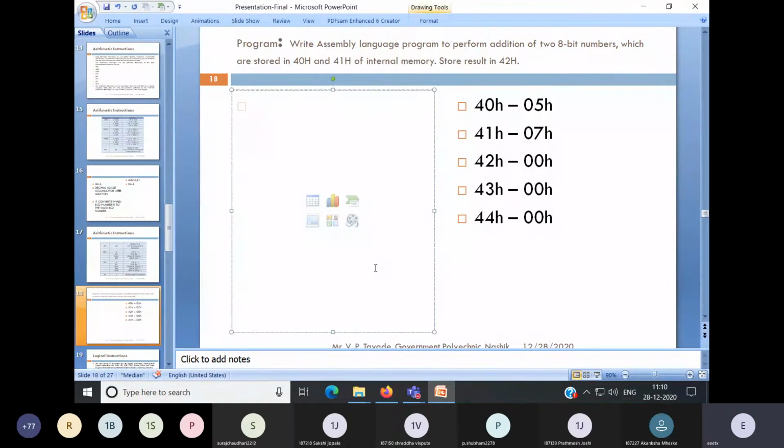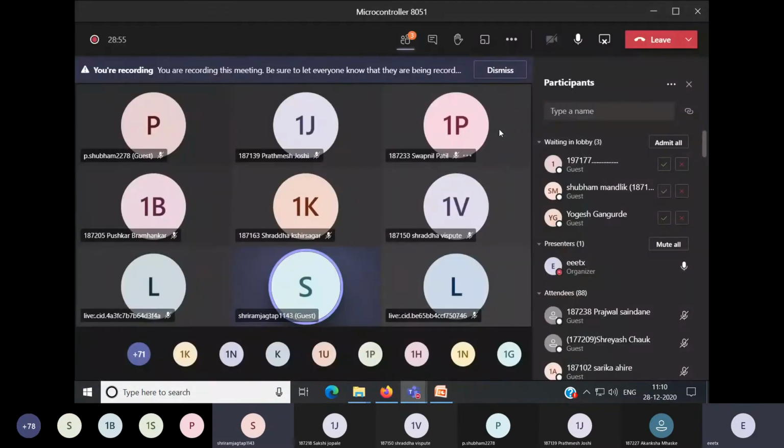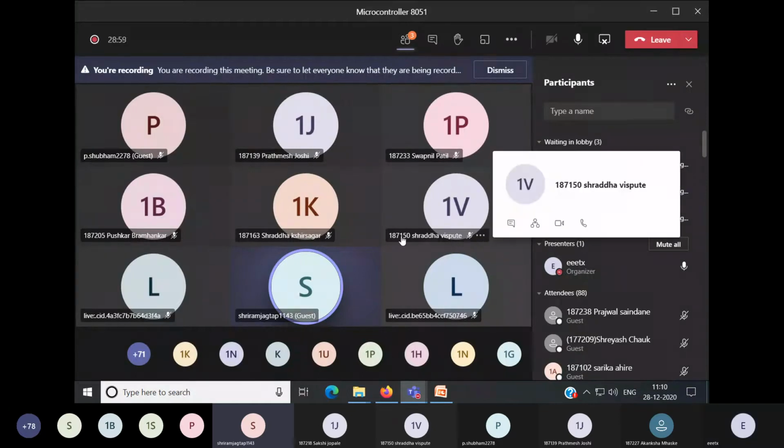So out of these two, one data you have to take into the accumulator. For that, see how you will write your program. Again remember, the assembly program which we will write for the microcontroller will be a combination of assembly instructions plus some commands to the compiler or the simulator. Correct?